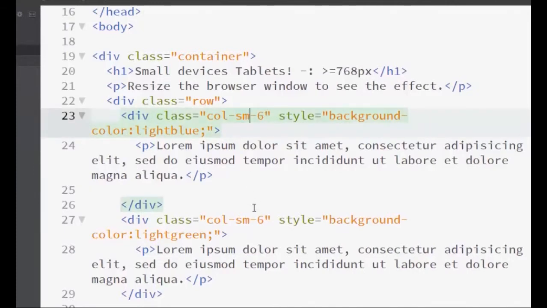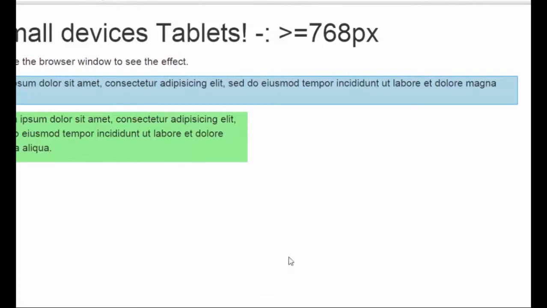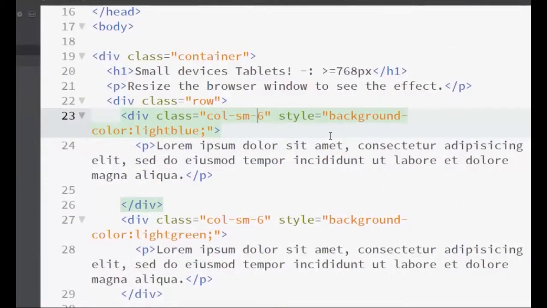Now notice that 6 plus 6 is 12, and that is the important part. Let's first talk about what happens when we don't add up to 12. Let's say for example I make this a 16, and now this doesn't add up to 12, so no matter what device you are using, it is always going to stack upon each other. And notice there is a small spacing around here. You can get rid of this spacing with the help of CSS, but right now let's focus on Bootstrap. Let's resolve our mistake and save this so that we get things back into action.